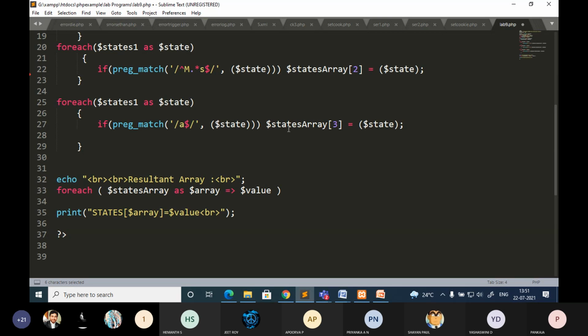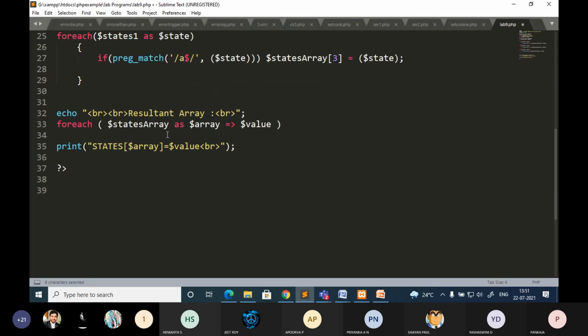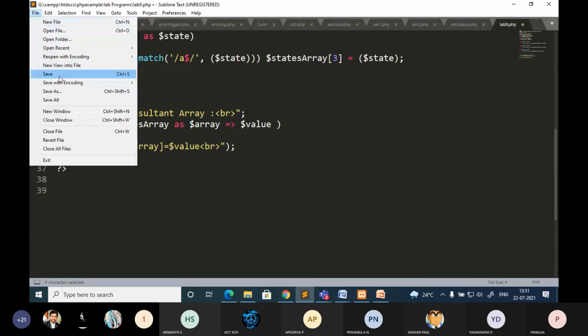Now we'll try to display the elements that are present in the state array, using a foreach looping statement, and display the array in terms of the index followed by the value. So just save this.